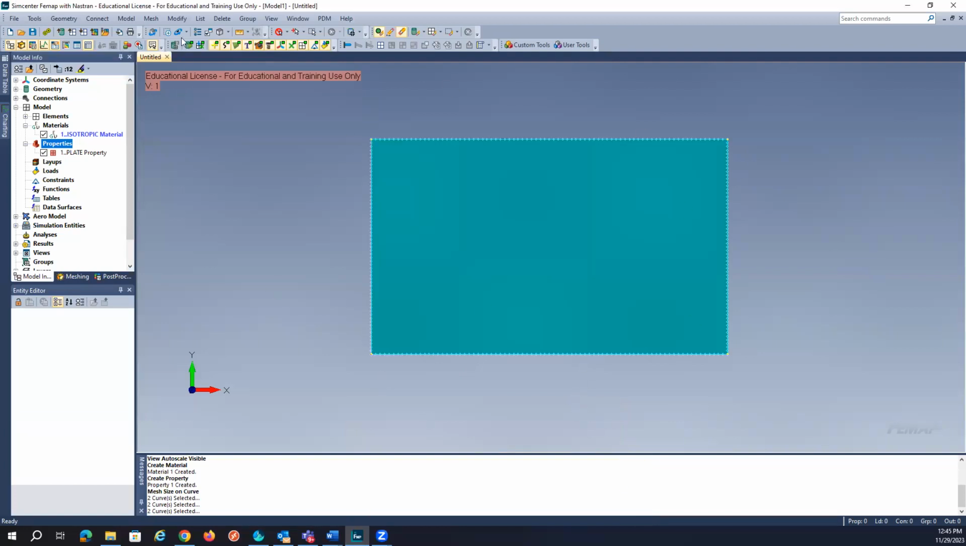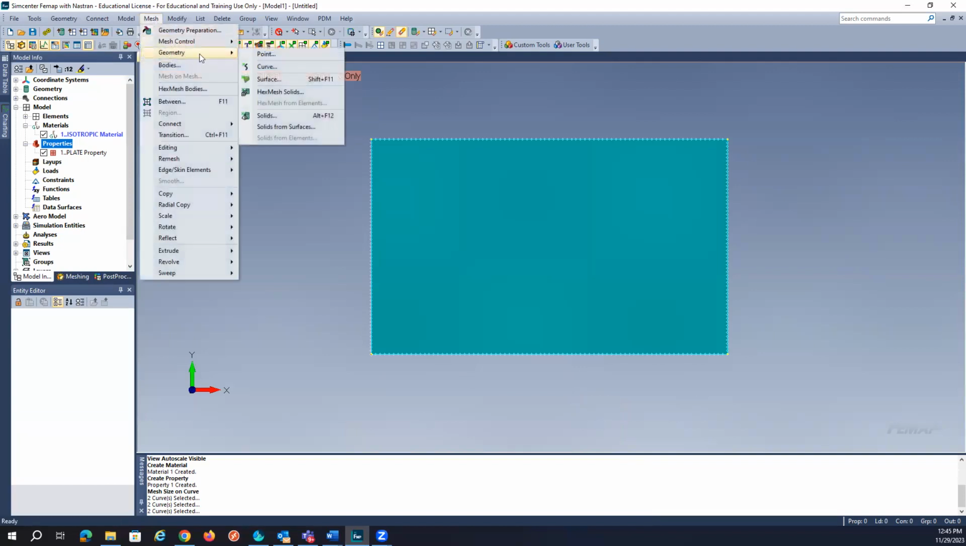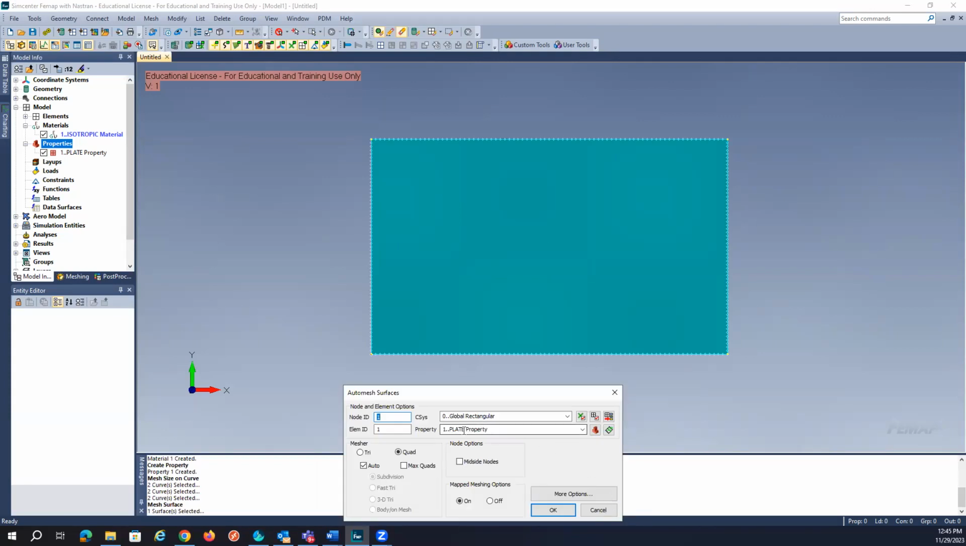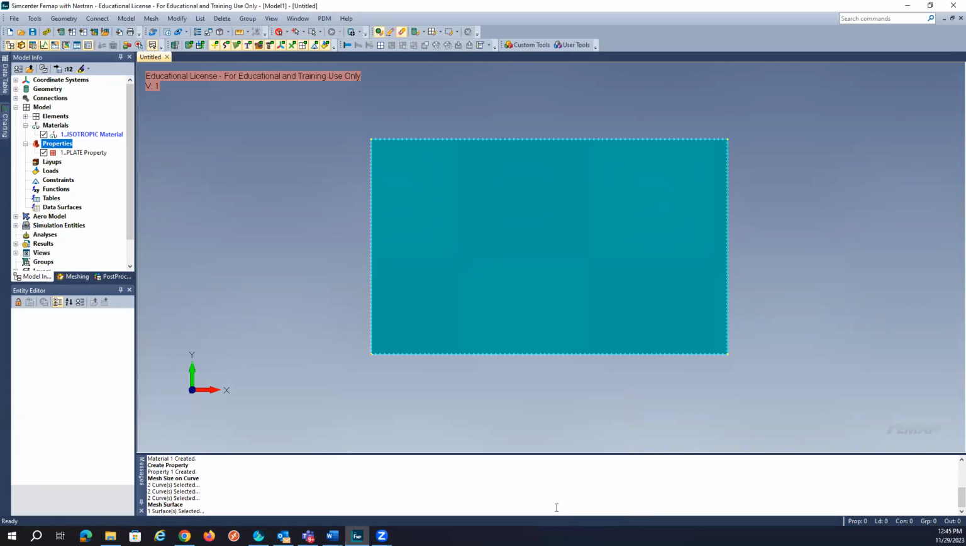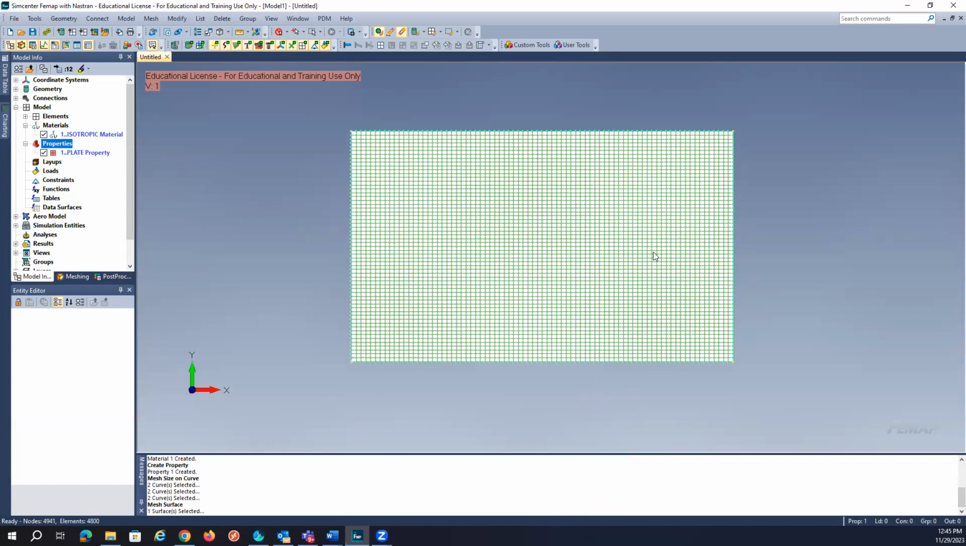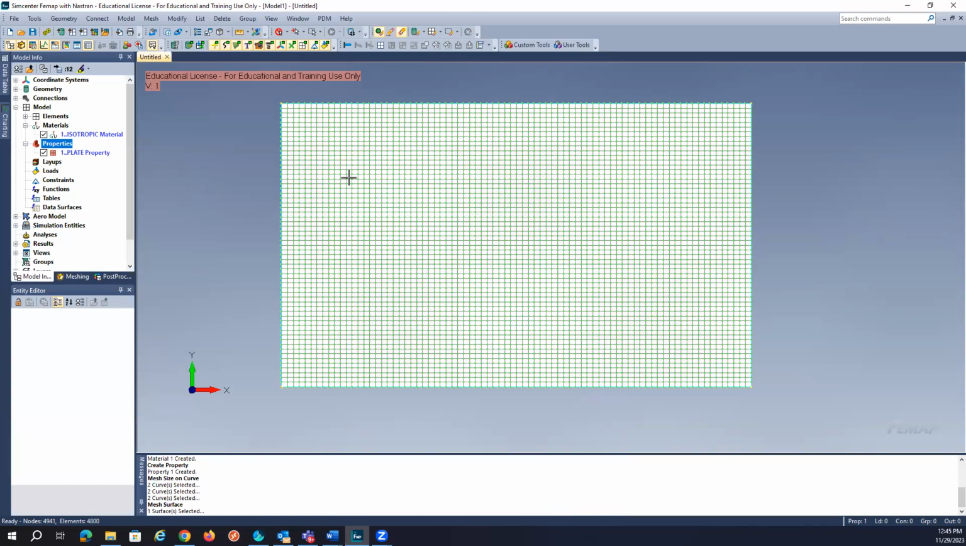So now we can go to mesh, geometry, surface. It should ask us for the property. We use the plate. Okay, so this is pretty refined. The reason I'm refining is because we need to find the temperature as close as we can to these edges. We could even go smaller, but for this video, I think this should be enough representation. So now we go to model,